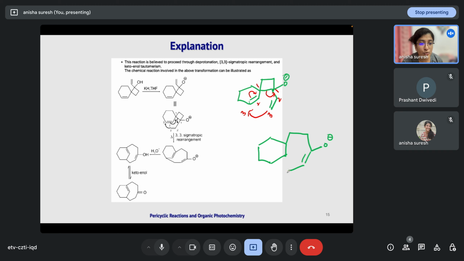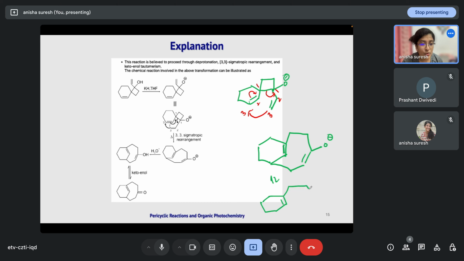This is 1, 2, 3, and 3 will make bond with this, and here a double bond will be there. Then here this enolate, it can tautomerize, resulting in the formation of